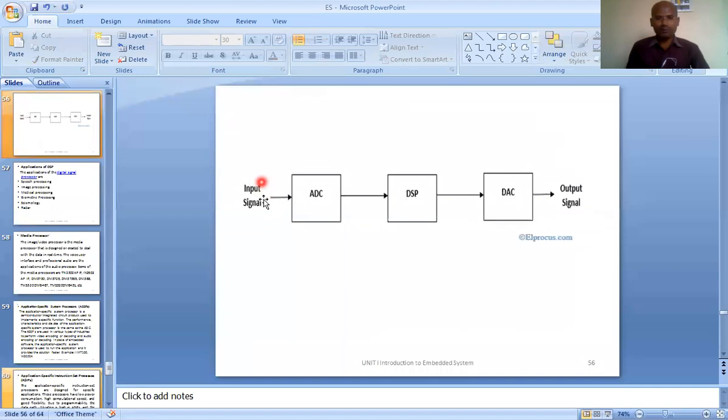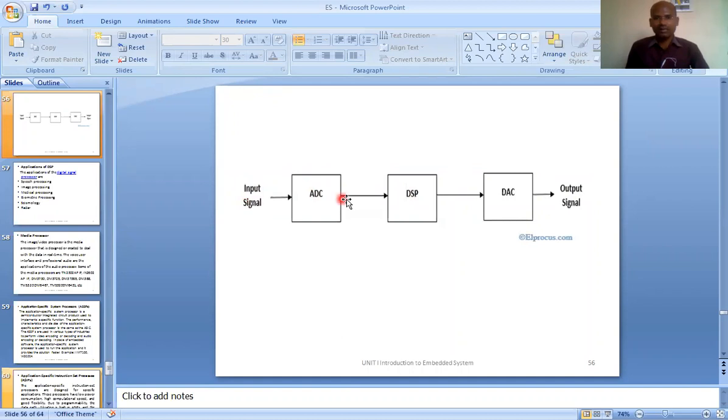This is the input signal coming from a sensor or elsewhere, and most of the time it is not digital, it is analog in nature. A digital signal processor is a digital circuit, so we have to convert this input signal into digital using an ADC, analog to digital converter.